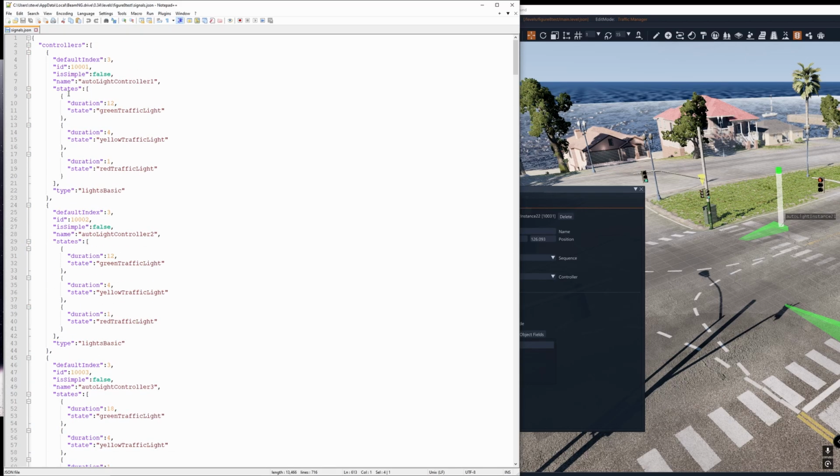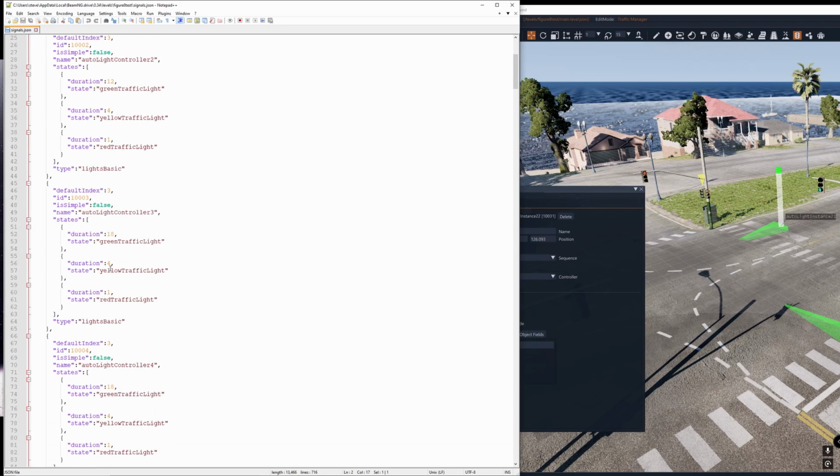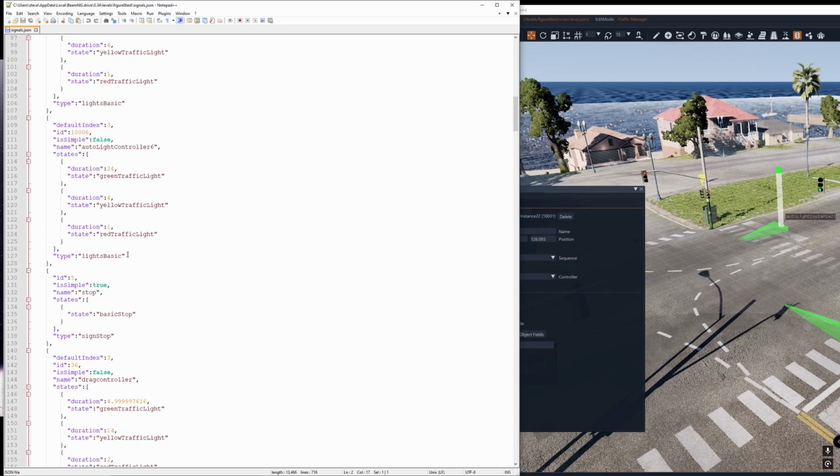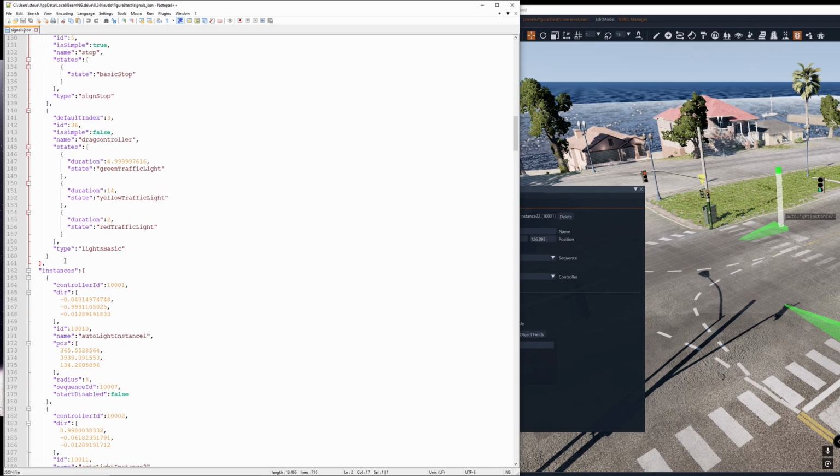So if I go up, I should have a square bracket. Oh, there's my square bracket. So there's the starting square bracket for controllers right there. If I go down to the end, you can see that end square bracket comma. And that would end essentially, I think, end that. I don't know where it went, but